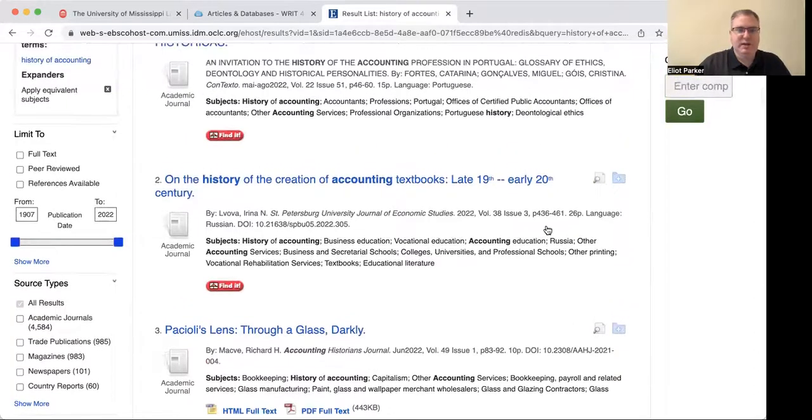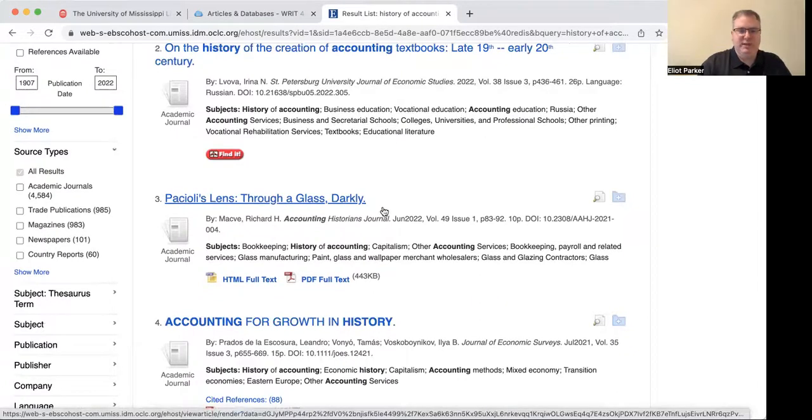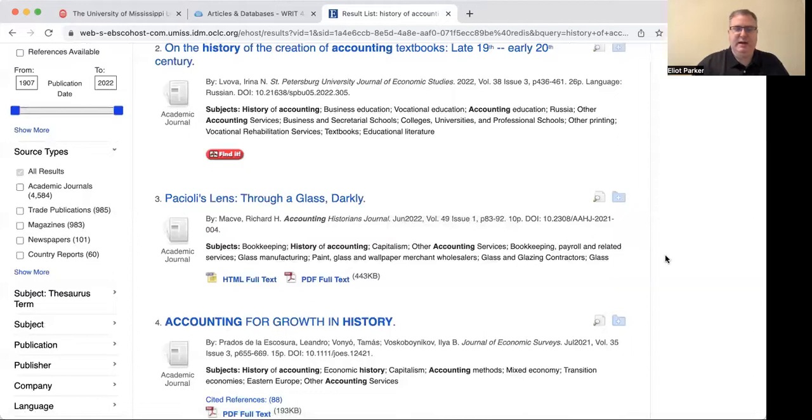So I just wanted to point out a couple of things here. Let's say, for example, you wanted to use this source, Pacioli's Lens, Through a Glass, Darkly. This was published in June of 2022, so it's very recent. This is the volume and the issue number. The page number is here, how many pages the source is. The author is listed here, and it then gives you a list of subjects that are covered within the particular